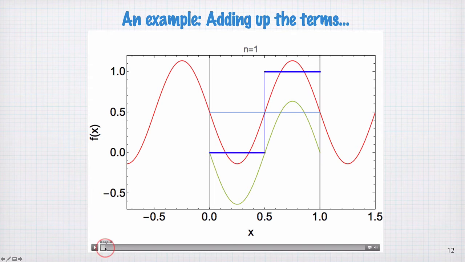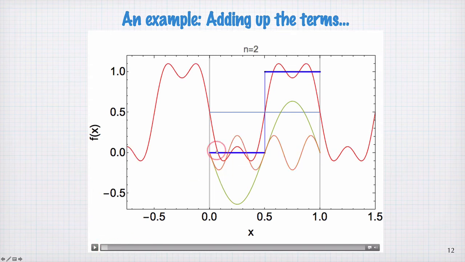We'll add another term. This time we're adding this orange line. That's what we're adding to the other terms. We add that and add up now the orange term, the green term, and this blue term, and we get this resultant red. I've plotted the red here outside the interval from 0 to 1, so you can see what it looks like